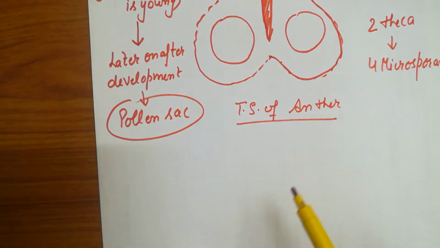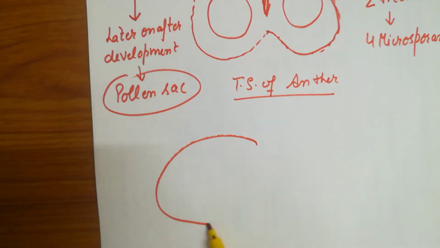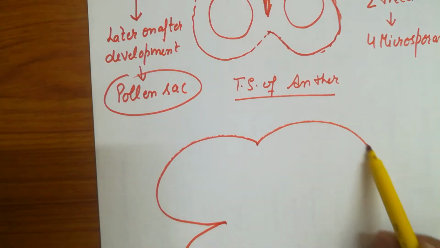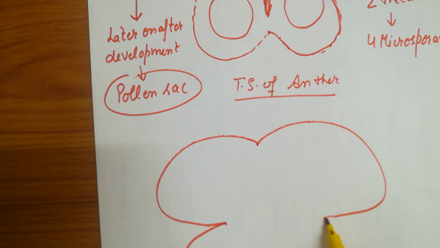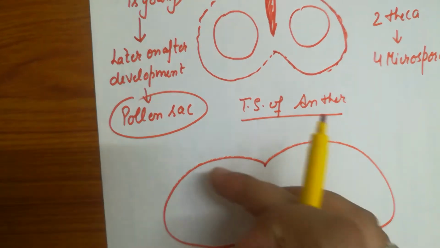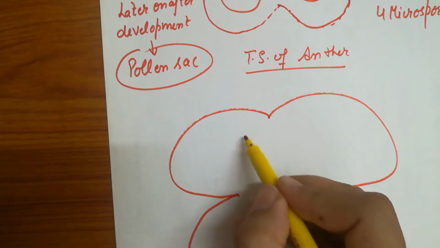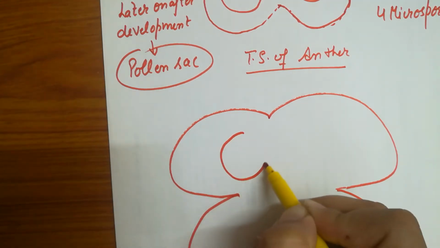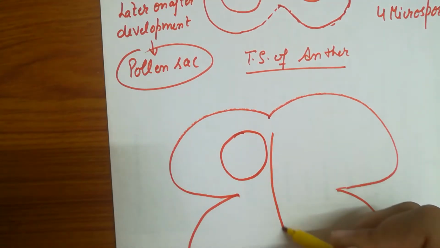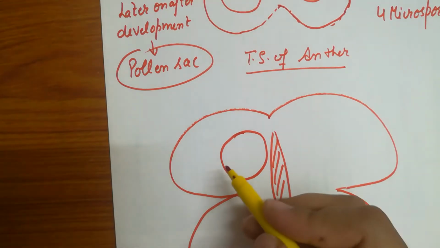Now the next thing we have to draw here is the layering. For the layering, I have to draw it a little bigger, because otherwise we will not be able to understand how the layers are arranged. I will make the layers only in these parts, then you can complete it later. So I'm drawing one pollen sac here. Here we have our sterile tissue, that is, the connective.